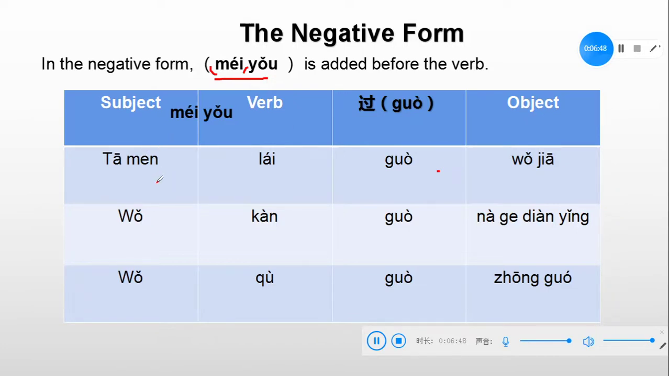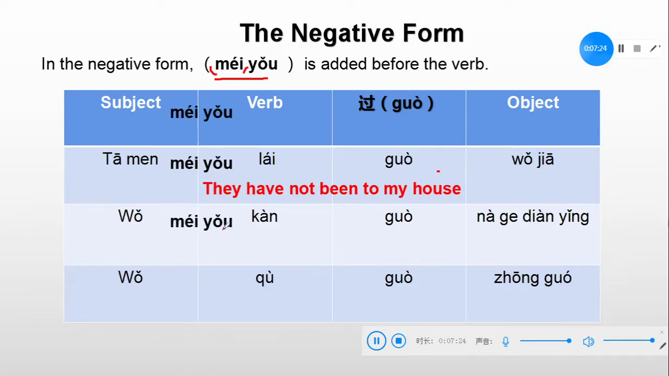Example 1. 他们没有来过我家。他们来过我家 means they have been to my house. And now with the negative word, 他们没有来过我家, we can say they have not been to my house, or they haven't been to my house. 跟我读，他们没有来过我家。Example 2. 我没有看过那个电影。In the previous page, 我看过那个电影 meant I have watched that movie. With this negative word, the meaning is I have not watched that movie. So we say 我没有看过那个电影。